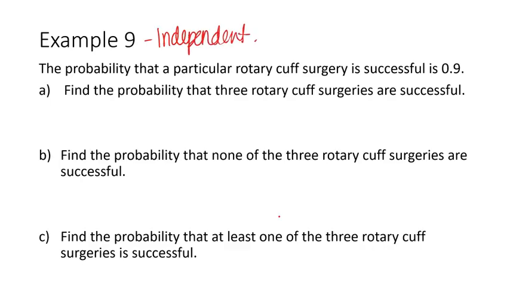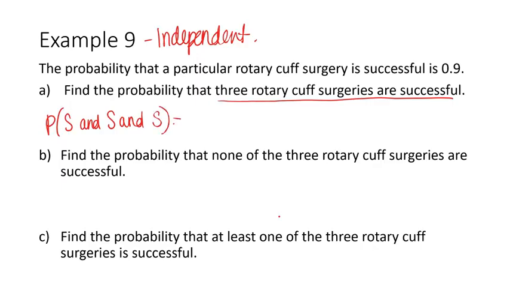The reason I know that, the probability that a particular rotator cuff surgery is successful is 0.9, 90% chance of success. Y'all, this is independent because my surgery and your surgery are completely separate from each other, right? Mine being successful has no impact on whether or not yours can be successful. So what's nice about this, if I'm looking for the probability of 3 successful surgeries, so I want success and success and success,